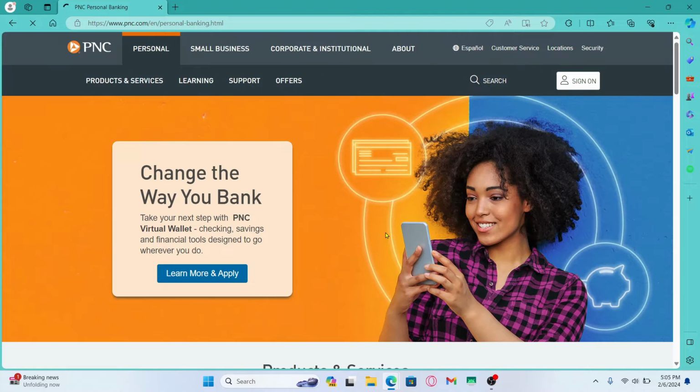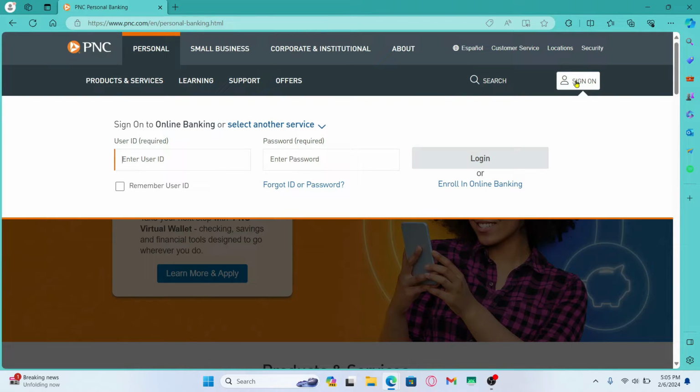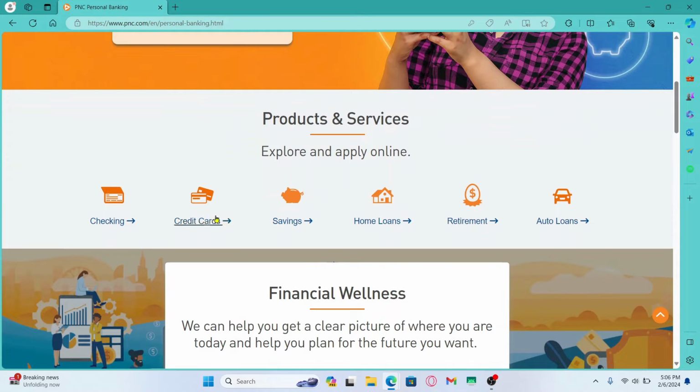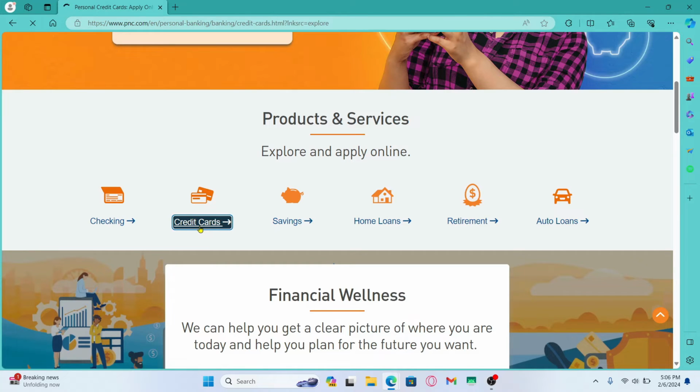Now once you're inside the homepage, click on the sign on button at the top right corner and you will be asked to enter your credentials. Just type in your user ID followed by your password, and after entering both your credentials, you can click on the login button. Now after you have been logged into your account, scroll down and click on credit cards,